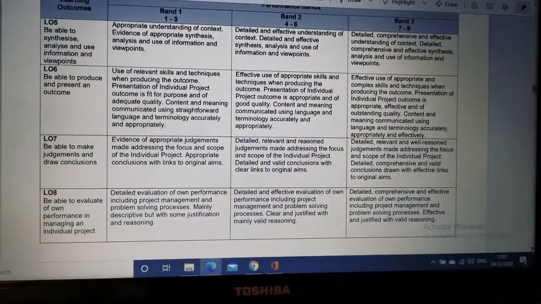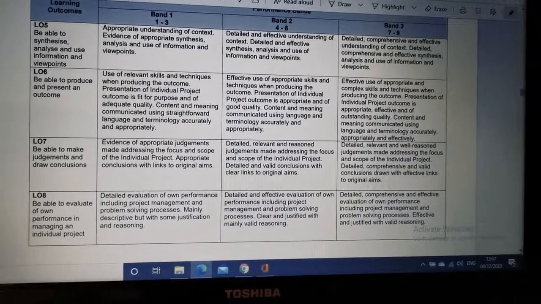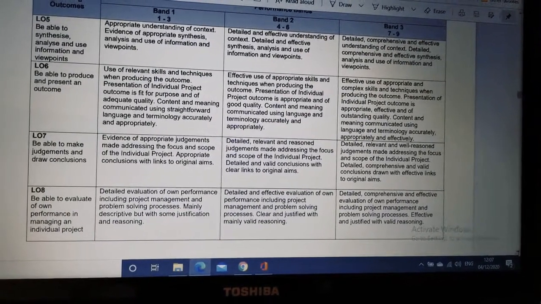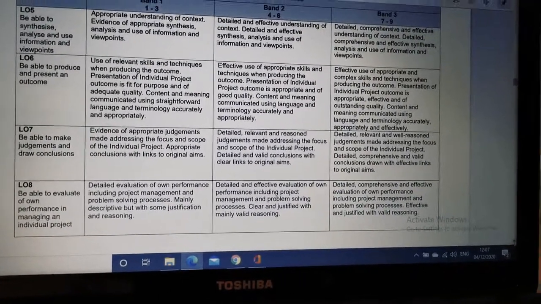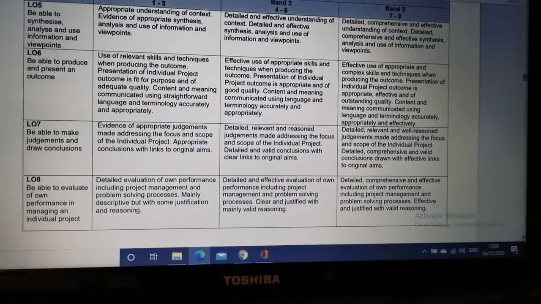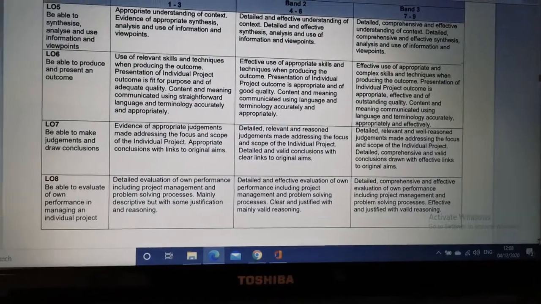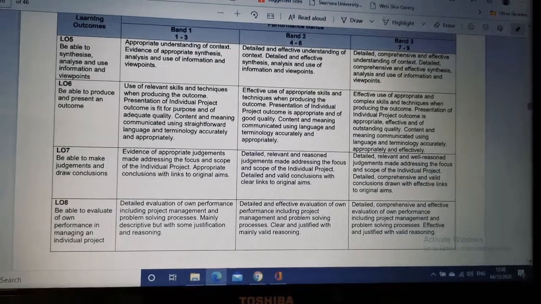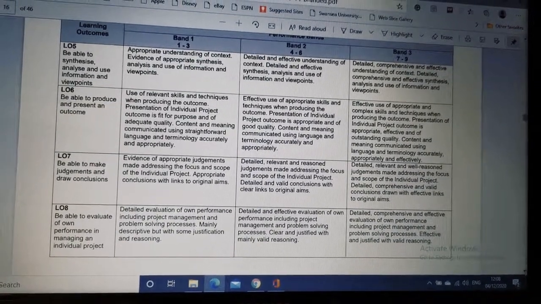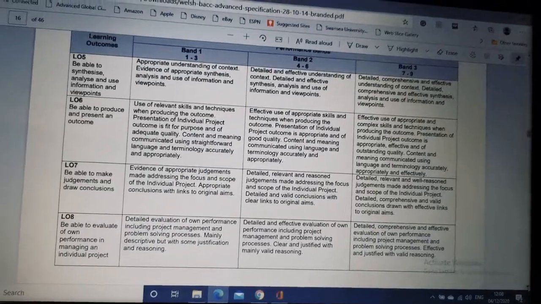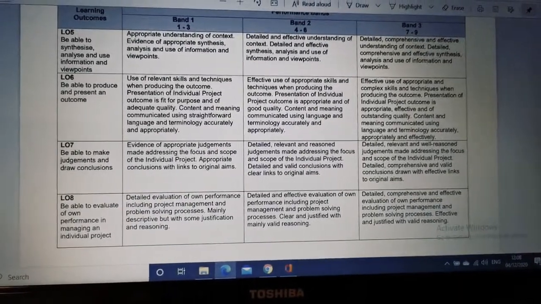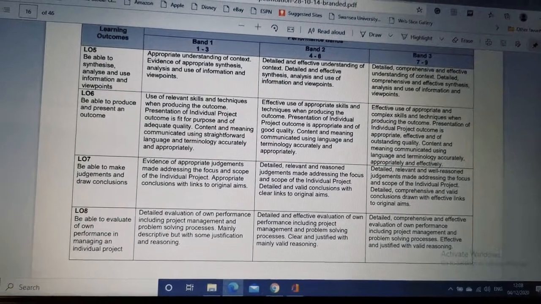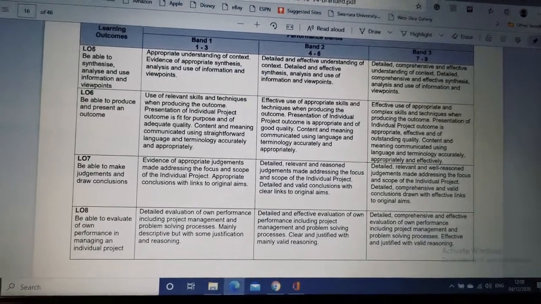So you've got to show, in order to get band 3 between 7 and 9 points, that you can give a detailed, comprehensive and effective evaluation of your own performance and your own project management and problem solving process, effective and justified with valid reasoning. If you don't understand any of the 7 transferable skills, so planning and organising, critical thinking and problem solving, digital literacy or numeracy, Google a definition of critical thinking, for instance, and then paraphrase that critical thinking into your own words,